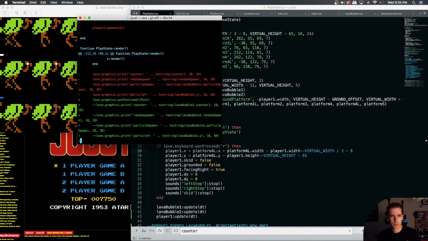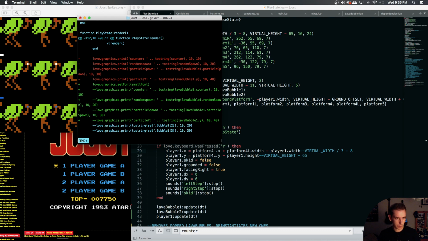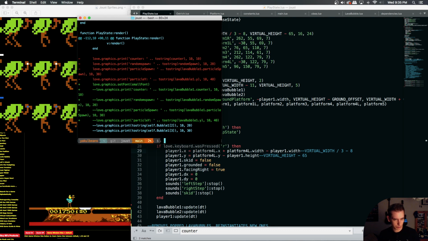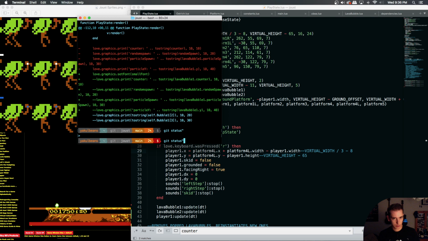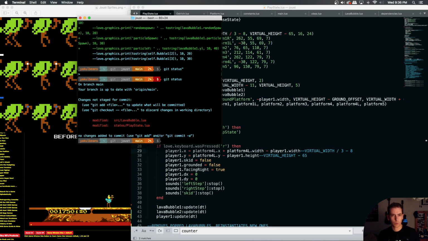So all in all, a decent commit, especially considering we fixed a problem we'd been working on for 3 episodes straight. So let's git add with a message, and git add will add every untracked file. If you go to git status, nope, not what I wanted. Git status. We modified our lava bubble in our play state. So git a is our alias to add all of the changes into the staging area and commit. And then we're going to say